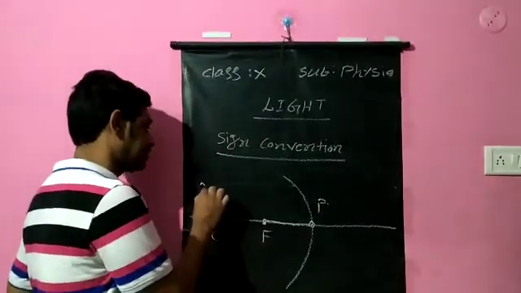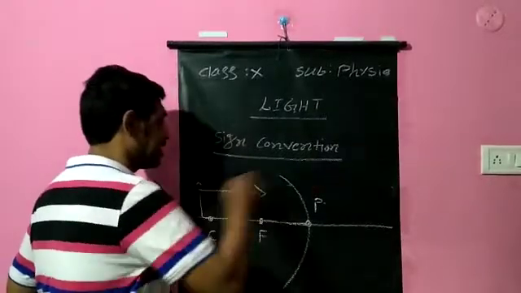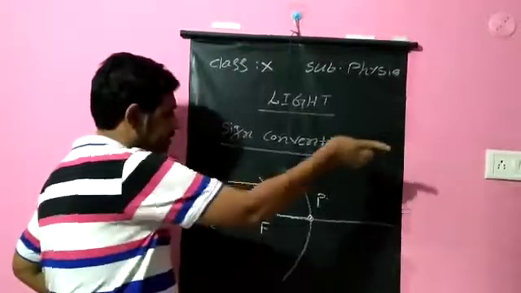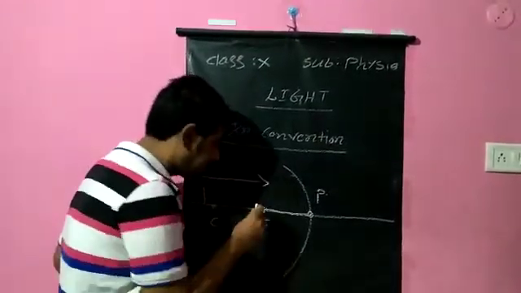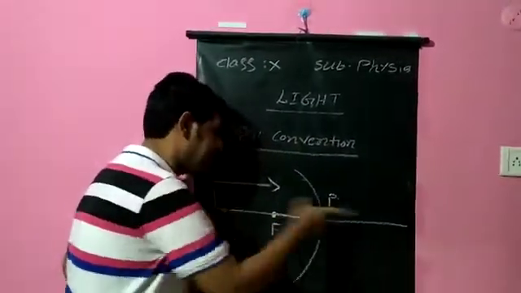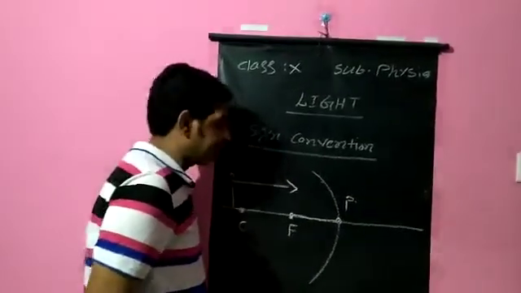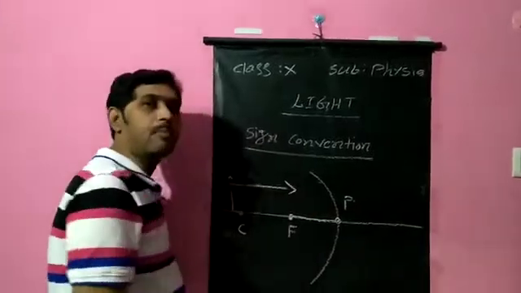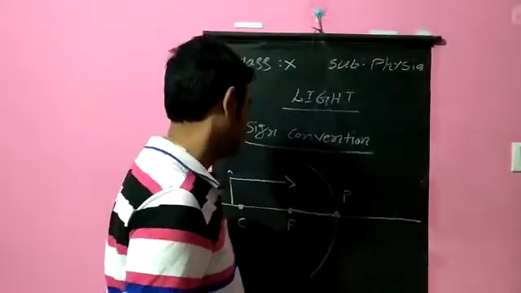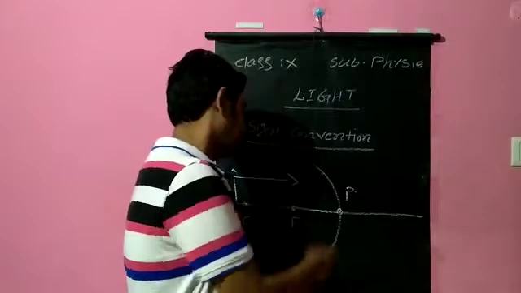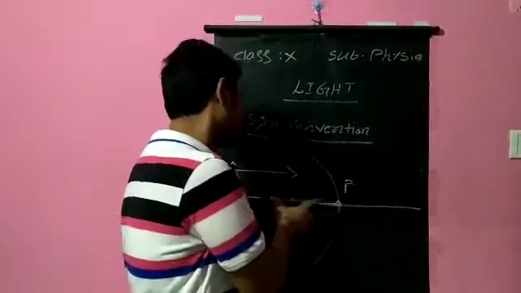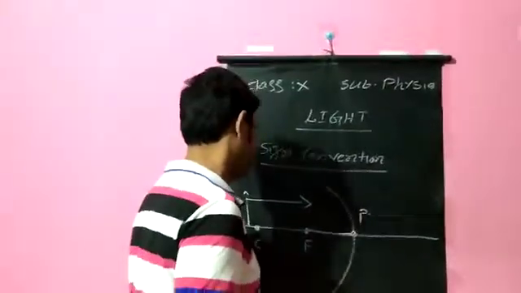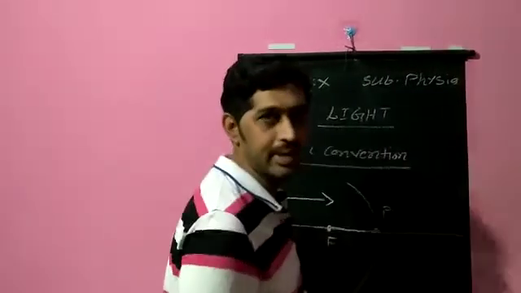How, you see, suppose I draw. This is the direction of incident light when an object is placed on the left side. This becomes the incident light. Now if you measure from here to here, you are measuring it in the direction of incident light. But if you are measuring from pole to focus, that will become opposite to the direction of incident light. Based on that, that will become a left side distance. So focal length for the concave mirror will become negative. For this concave mirror, focal length will be negative.